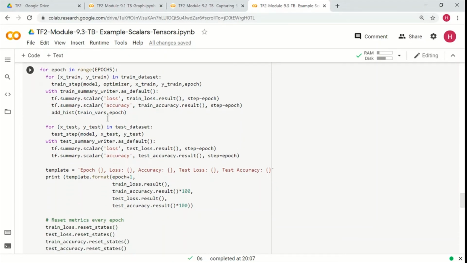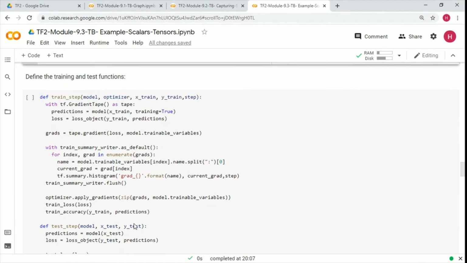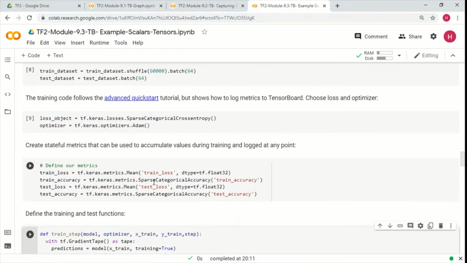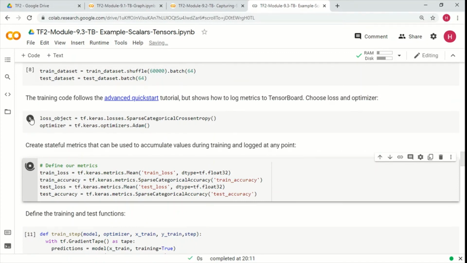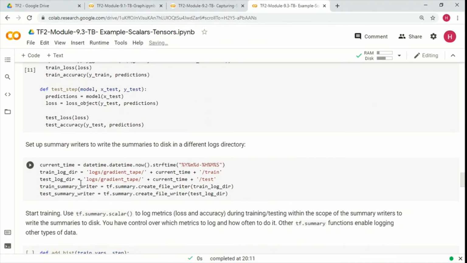Okay, and then we execute this whole loop here. Let me just define this. I'm not sure if I executed this, so let me execute this also. Okay, this we are done.